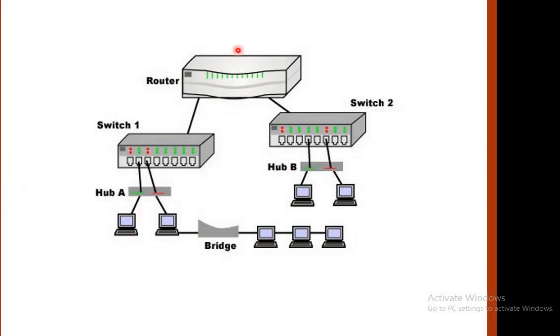So here I have shown you the representation. Between 2 devices we are using a hub, and above the hub is a switch. Now above the switch, if you have to communicate between 2 switches, we are using a router, and again if you have to communicate between 2 router devices, we are using a gateway. So in this way the networking devices are arranged. The lowest one is a bridge. Above the bridge we are using a hub. Above the hub we have switches, and above switches we have a router.